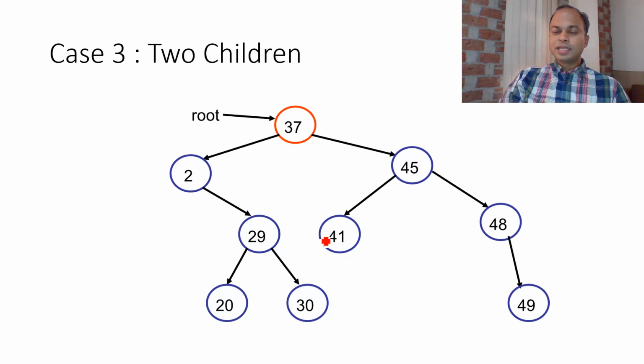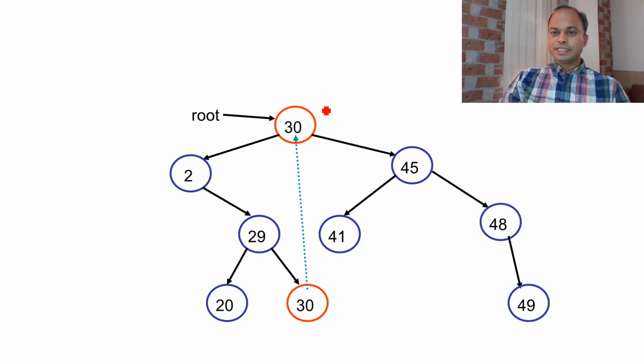After finding the greatest element of the left subtree, this 30 is copied at the root. I mean the node that we want to delete. So we have copied 30 here. After copying this 30 into this place, now we have to delete this 30 because we have already deleted 37. In place of 37, we have copied 30 and this 30 is extra now. We want to delete this 30 and this 30 now contains no child. Just we can delete it.